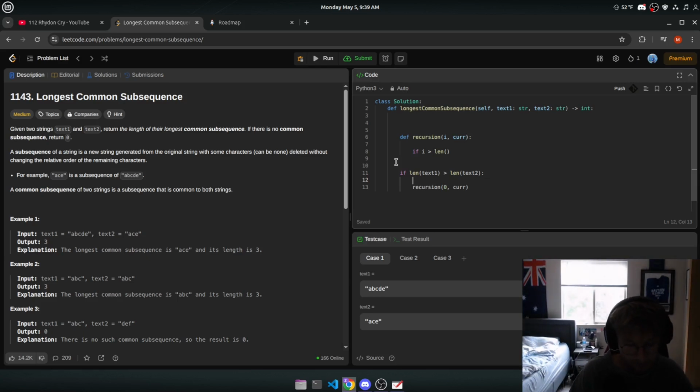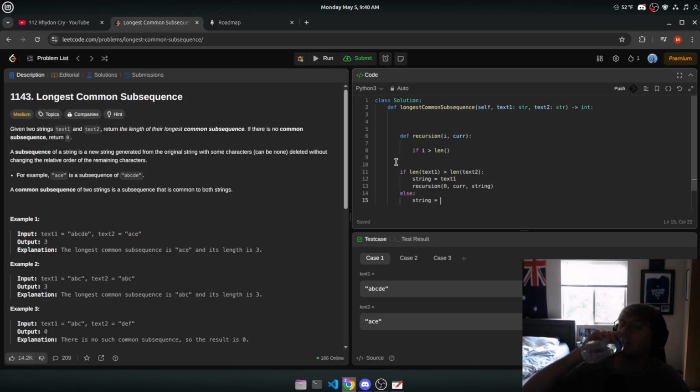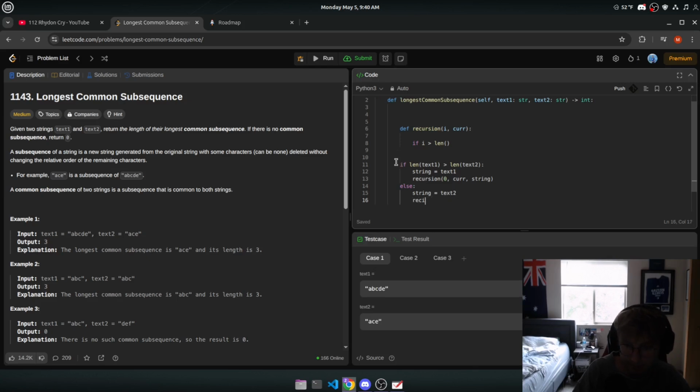Let's do string is equal to text 1, right? And then we can pass in string as well. Else, so this would be either if they're the same or text 2 is bigger, recursion 0 cur string, right? And we do, okay, well, if the length of